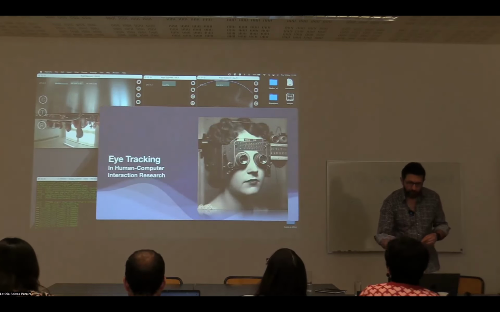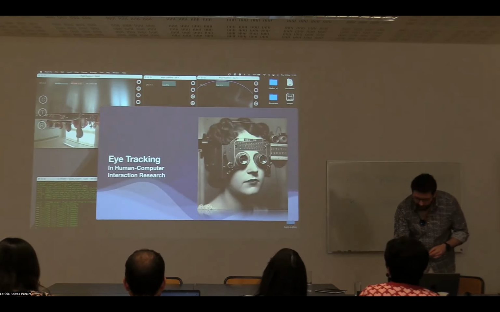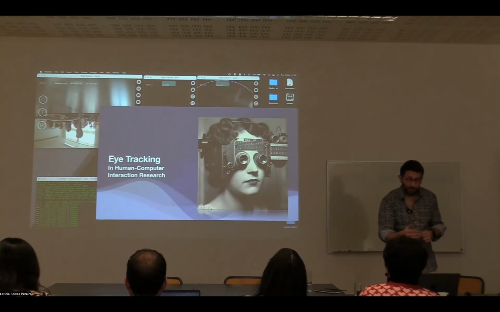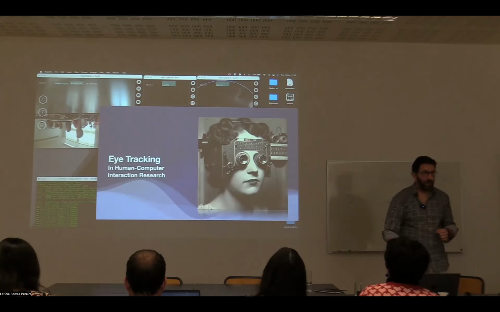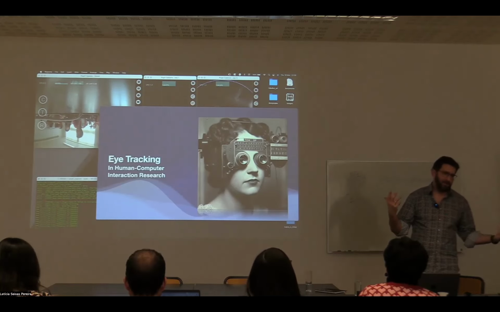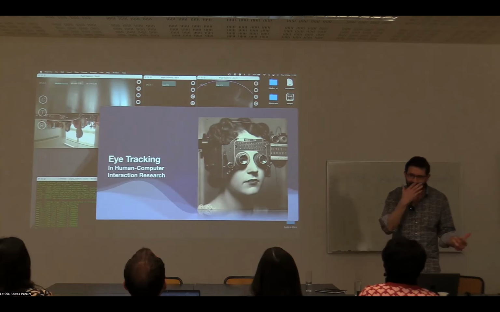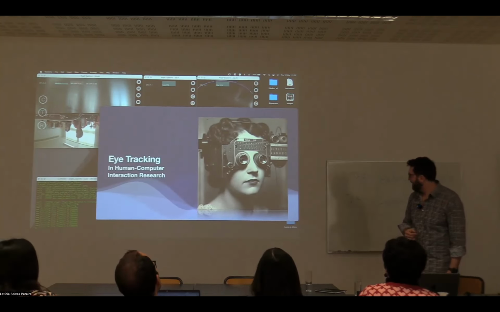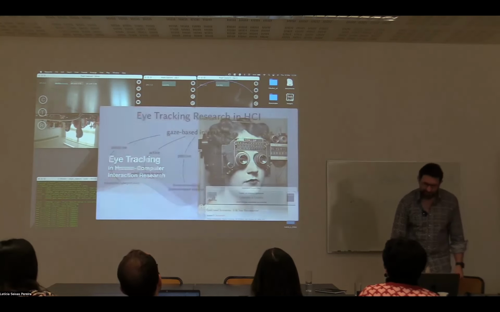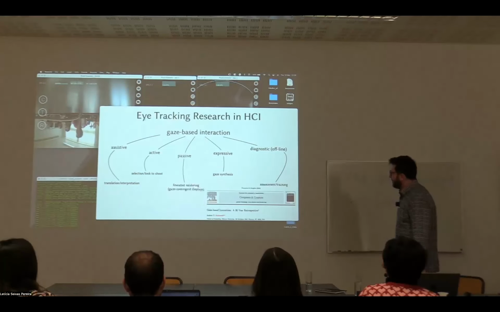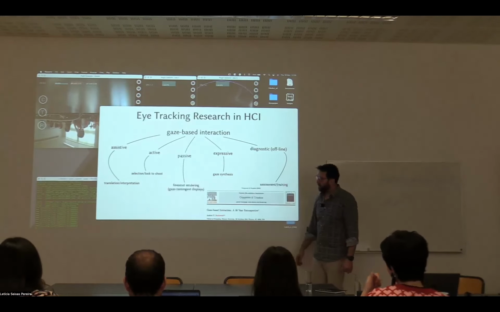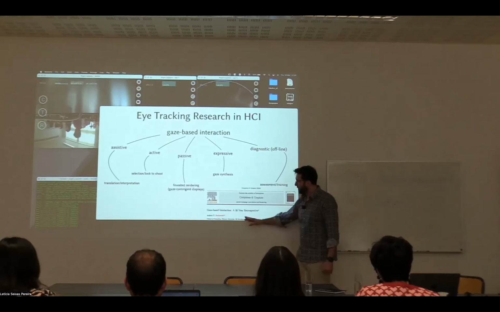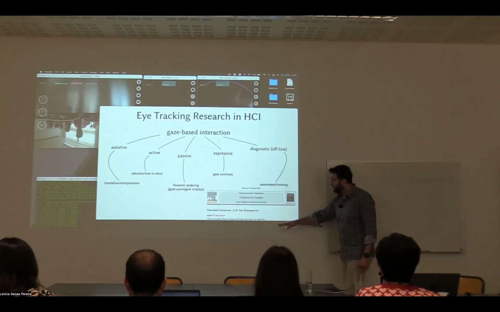So in human-computer interaction research, how we use eye tracking, especially mobile eye tracking. This is AI again. These AI pictures are more fascinating. Yeah, they're quite nice. So that's a graph I've stolen from the fantastic paper from my good collaborator and friend, Andrew Duchowski, gaze-based interaction, 30-year perspective.